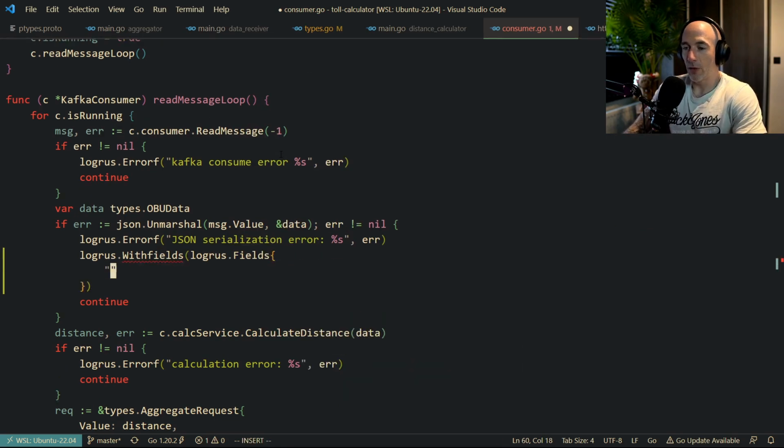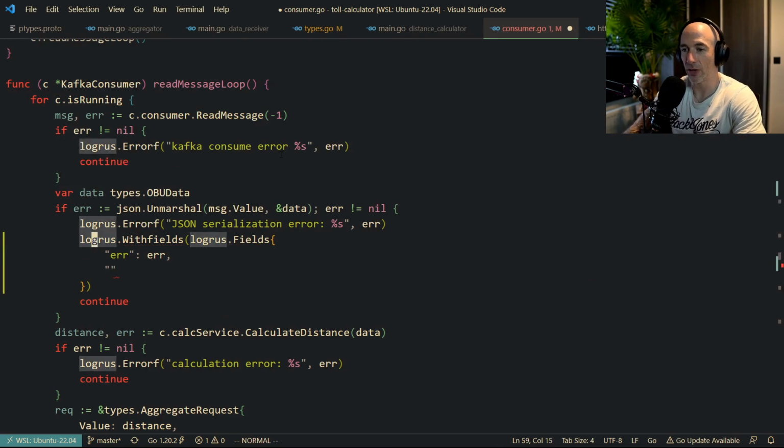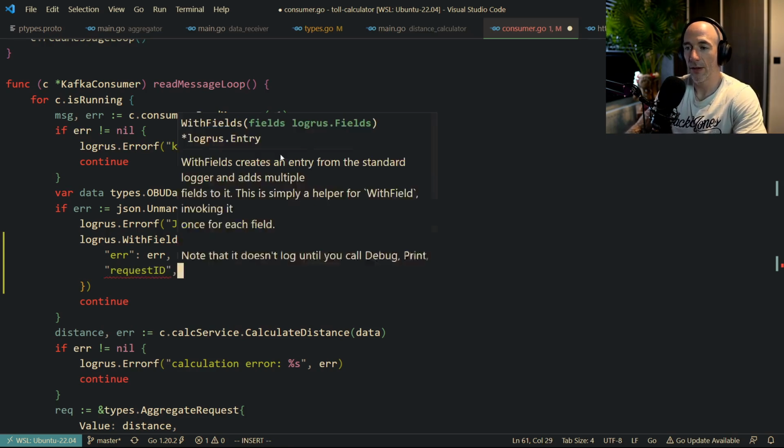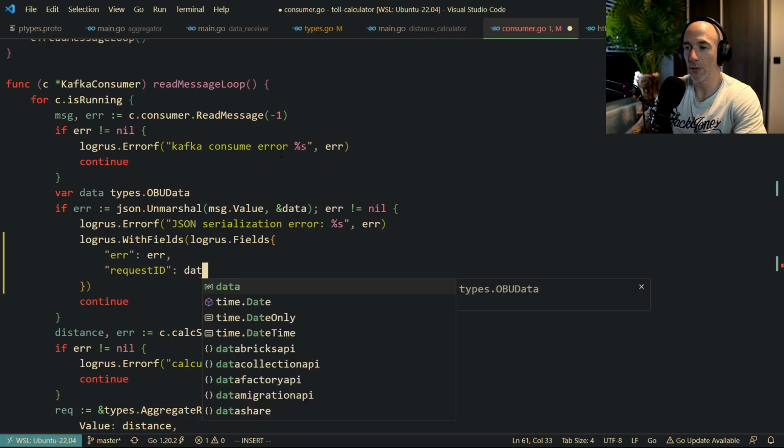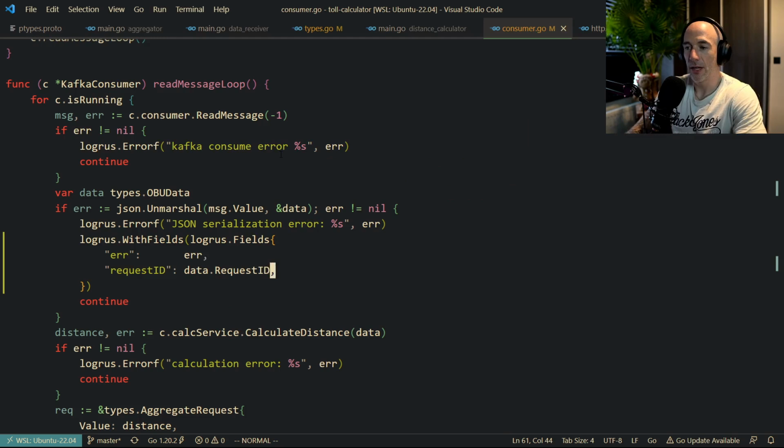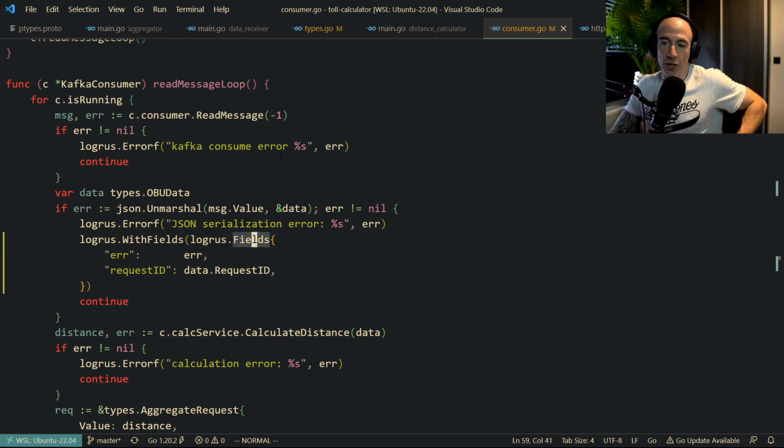And that could be, for example, the error itself, which is going to be the R like this, and then we can say the request with fields is going to be like that, capitalized F. The request ID here is going to be, I think we can do data.requestID, right? So the only thing you need to do is make sure you basically log out your request ID